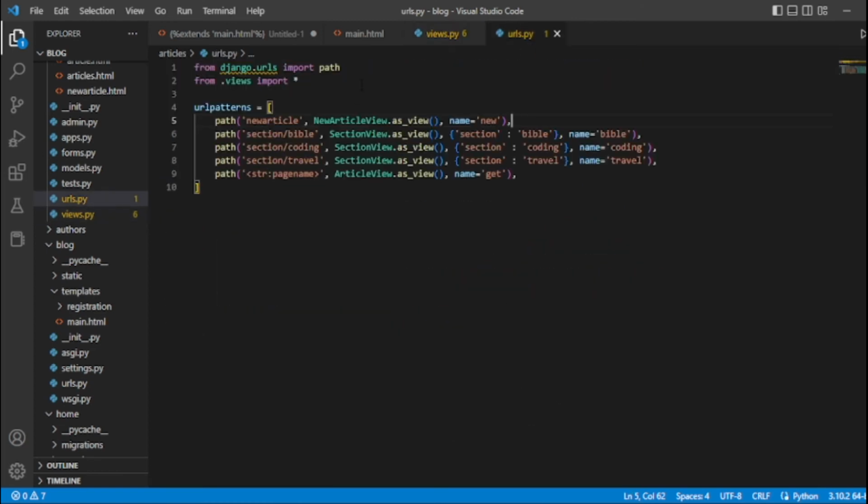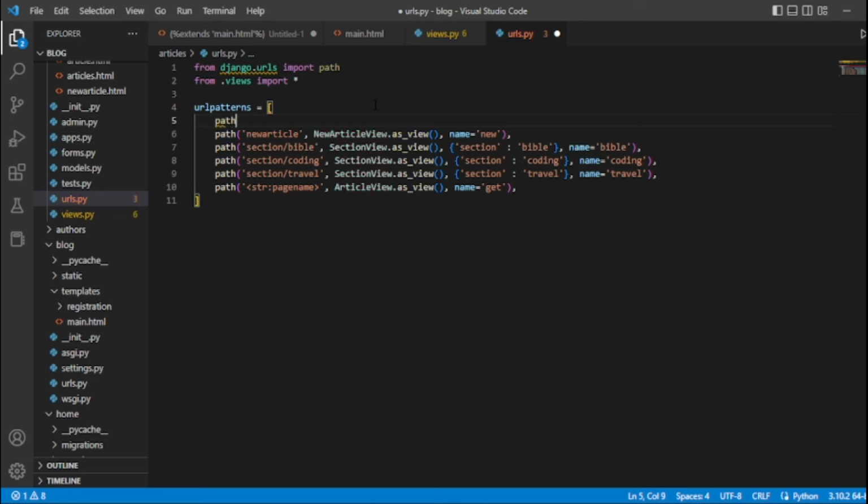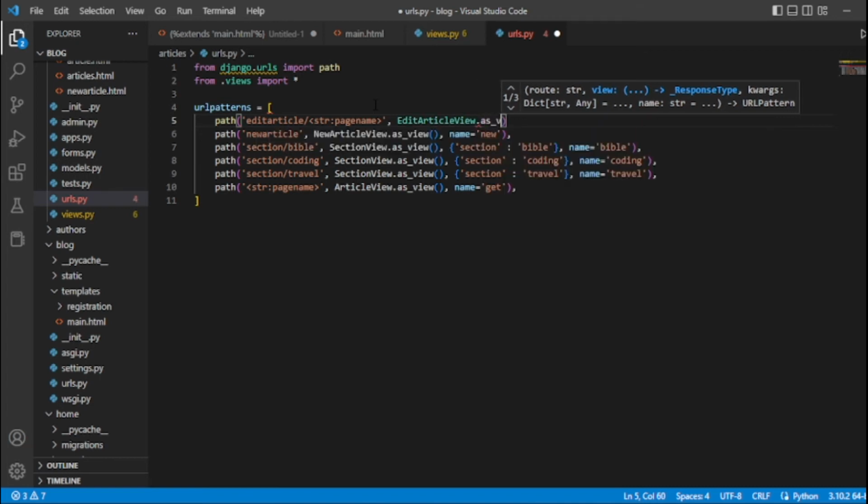Then we go to URLs, and we add a new entry, path edit article/str page name. Second argument is edit article view dot as view, and the third one is name equals edit. Save that, and then add the comma at the end and save that. So we're done, and now just the